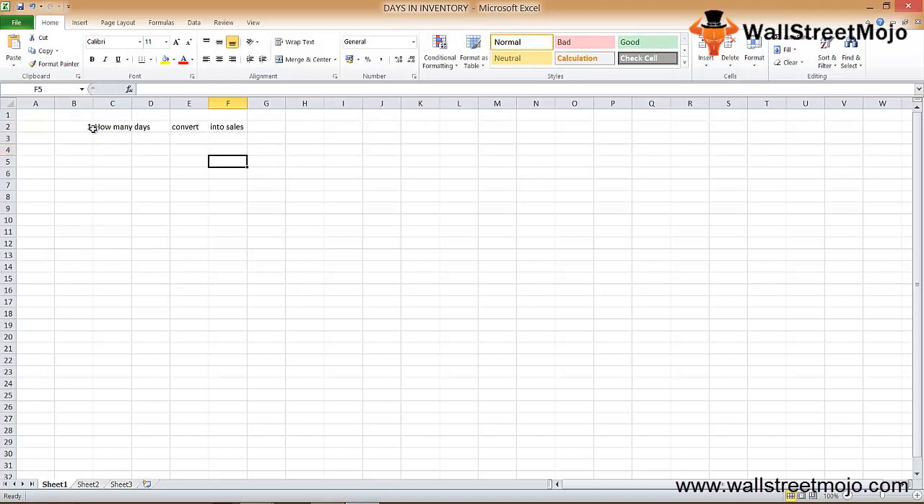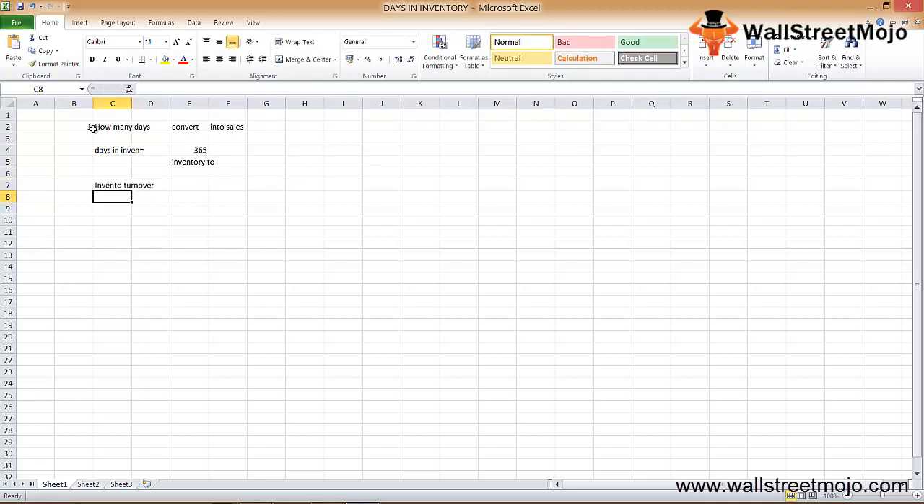Let's have a look at the formula for the days in inventory. The days in inventory is equal to 365 days divided by inventory turnover, right? So as you can see, we need to know the inventory turnover ratio before the days in inventory calculation. So the inventory turnover